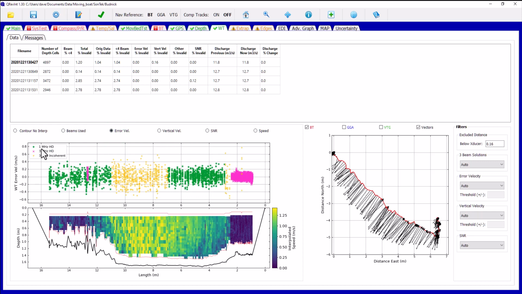Green being a 1 megahertz HD mode, the magenta or purple being a 3 megahertz HD mode, and the orange or yellow pluses being a 3 megahertz incoherent mode. One of the things to note is right in the middle of this 1 megahertz HD, it switched to 3 megahertz HD. If we zoom in on that,